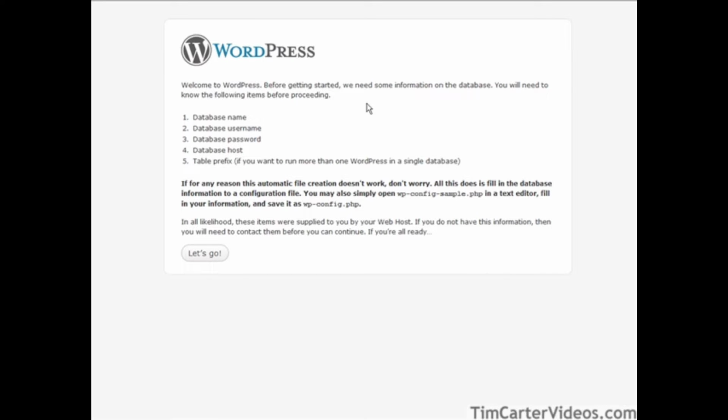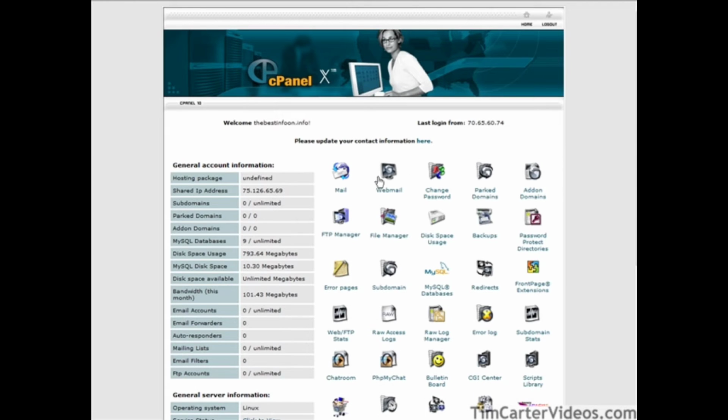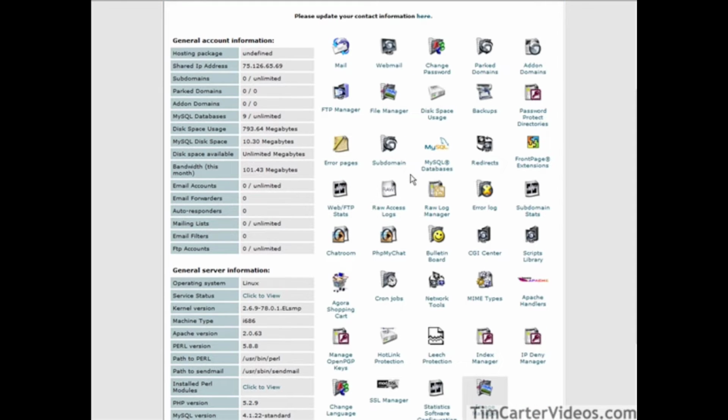Okay, here it tells us we're going to need a database, and what we need to do is go and create one. And this isn't as difficult as it sounds. All we have to do is go to our cPanel or to whatever tool your host gives you that allows you to do that. So we'll sign into the cPanel here, and then we'll go create a database. So just go to MySQL databases in cPanel,